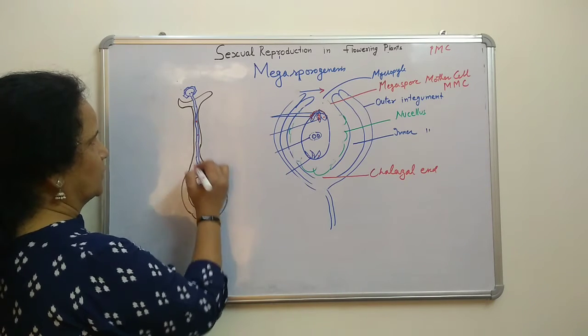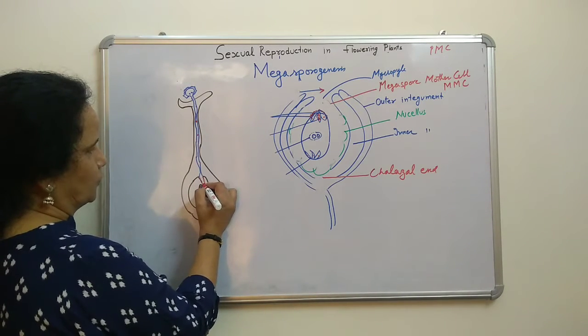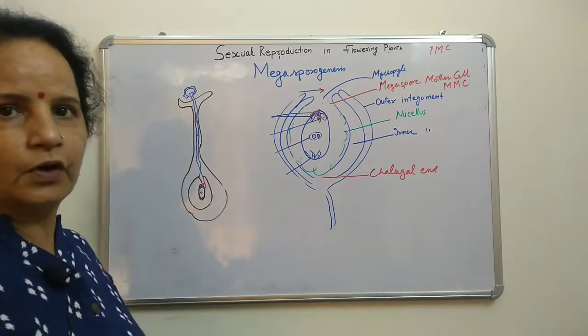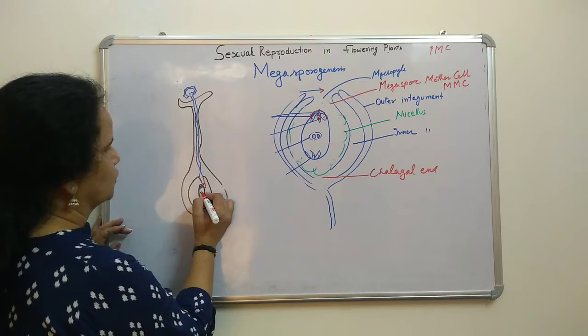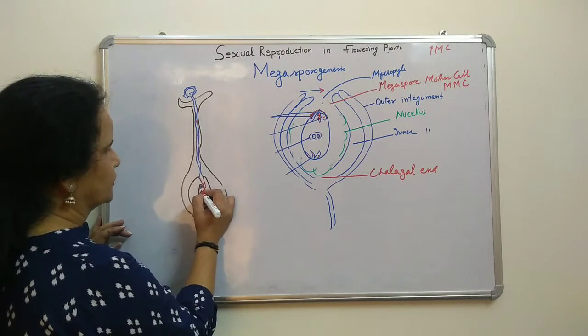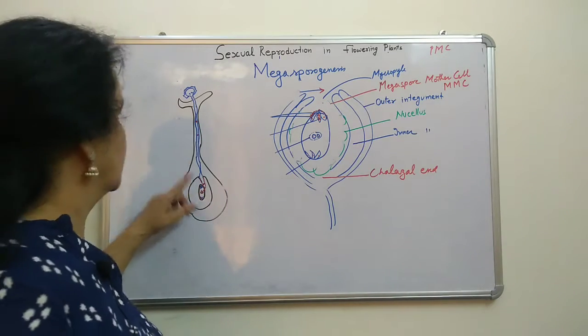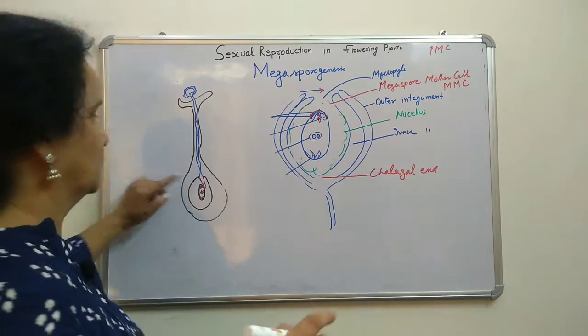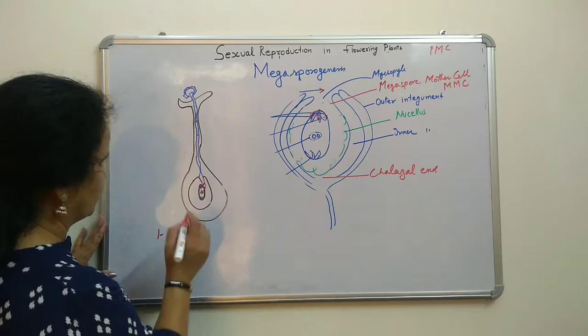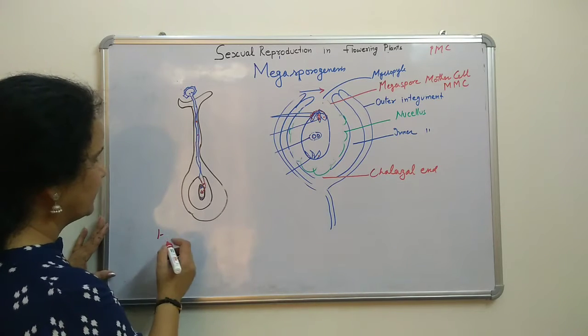Then first nuclei will come. First of all, which will fuse? The central cell. Now in that central cell, two nuclei are there. That first gamete will fuse with this central cell. Another gamete will come down and be fused with the egg cell. So first fertilization will take place, first fusion will take place between